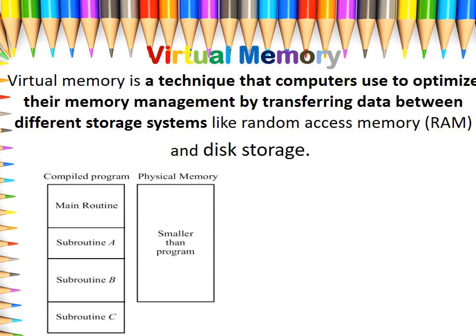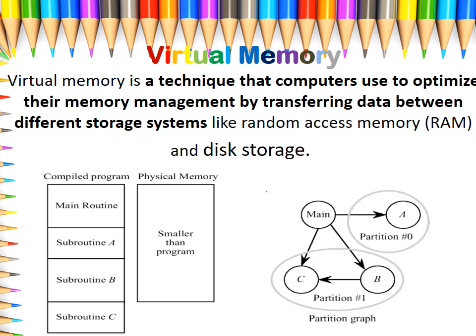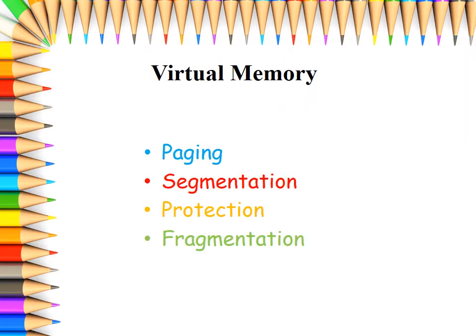You can see in the diagram we will be having a compiled program main routine, and below that we will be having different subroutines, and then physical memory, which will be having the smaller program. Smaller program is nothing but, if you are taking a program of larger size, it will take more time to compile and run throughout it. So in physical memory, if there is a program smaller in size than the program in the main routine, then we can save this particular program in the physical memory. So this is the partitioning. Main is being partitioned into A, B and C.